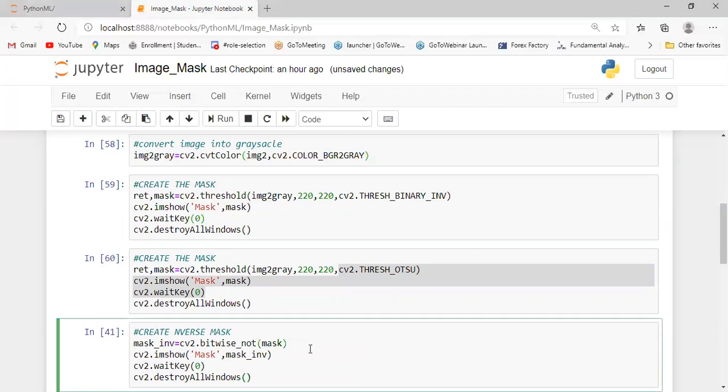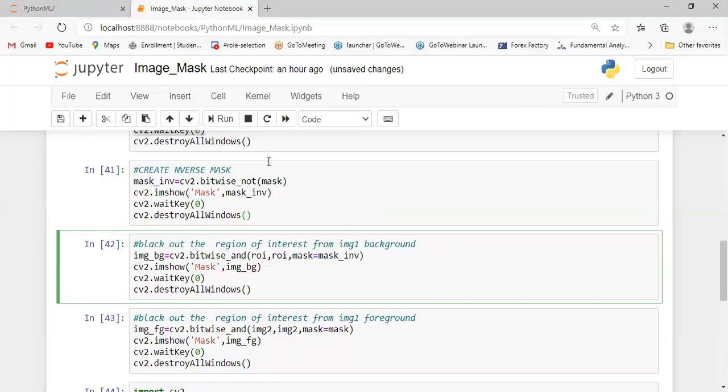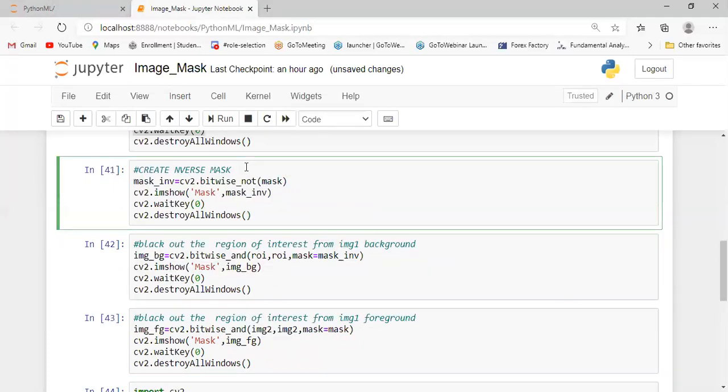Another mask is the inverse mask. Here we are using the bitwise not method. Create a mask inverse variable with cv2.bitwise_not, then cv2.imshow passing the mask inverse variable, cv2.waitKey.